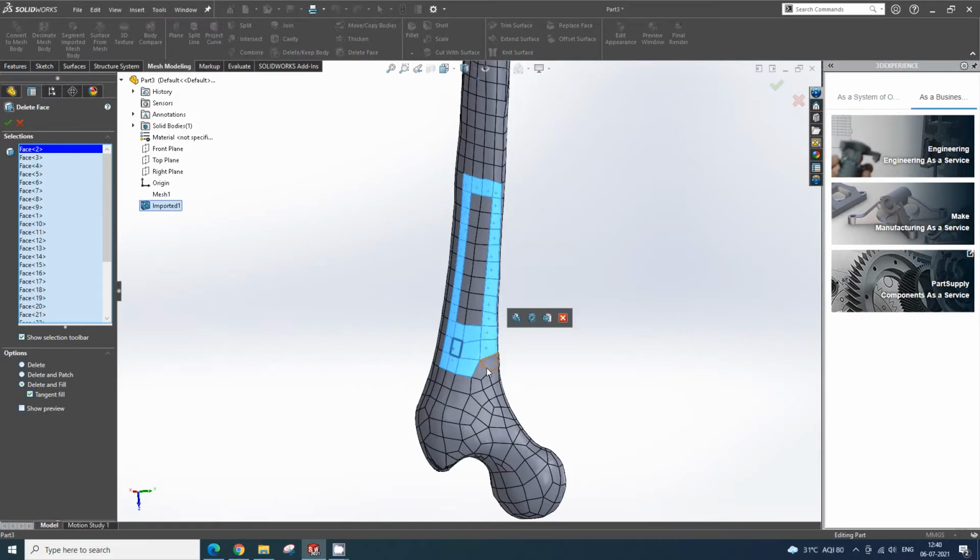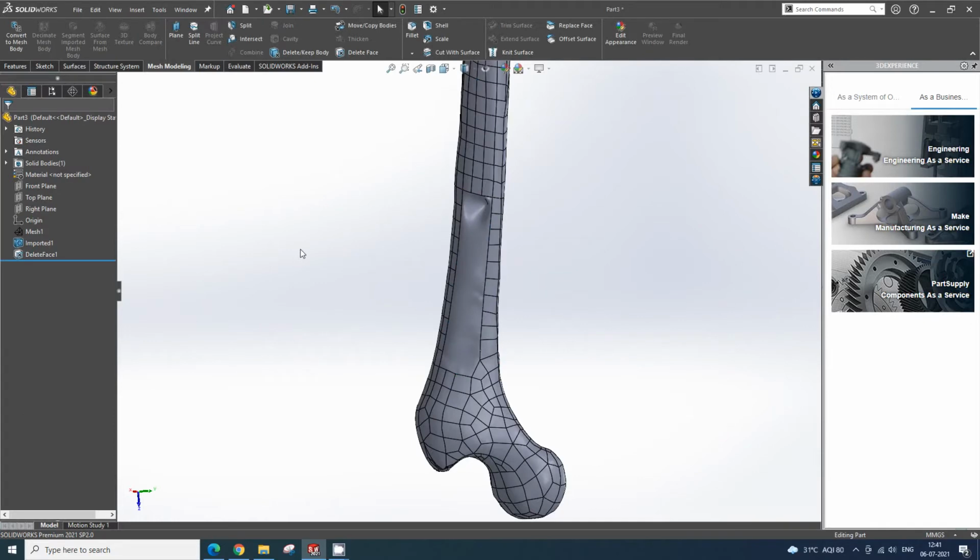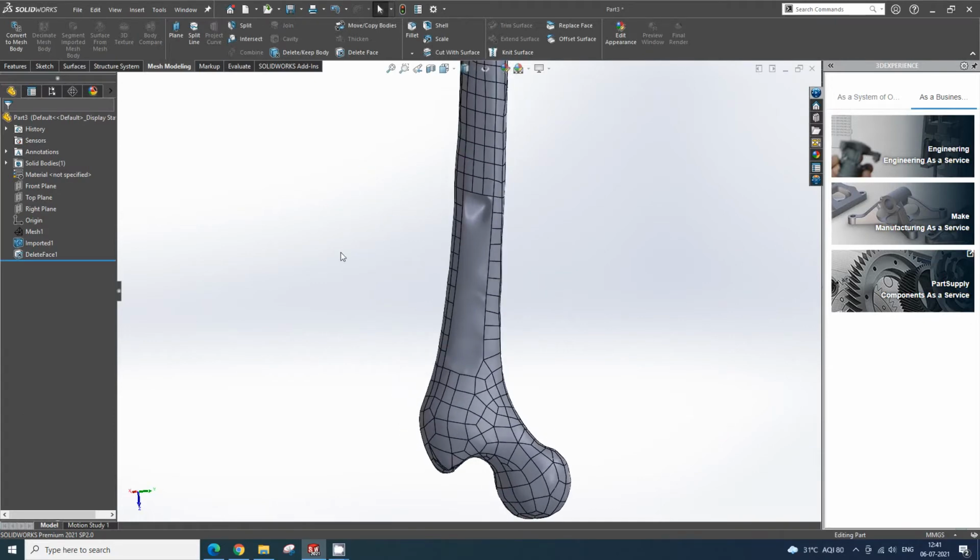We have an option over here, delete and fill it tangentially. Okay. Now I'll make all the selections of the faces and choose this tangential fill and click OK. So now you can see that the surface is not created properly.